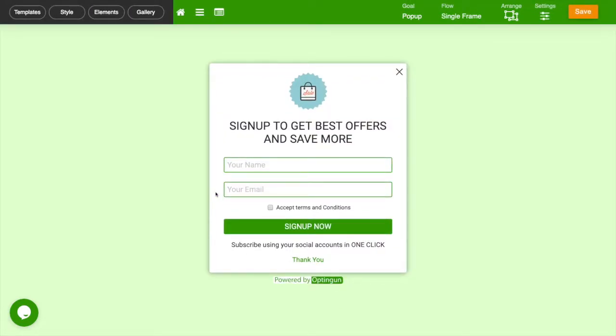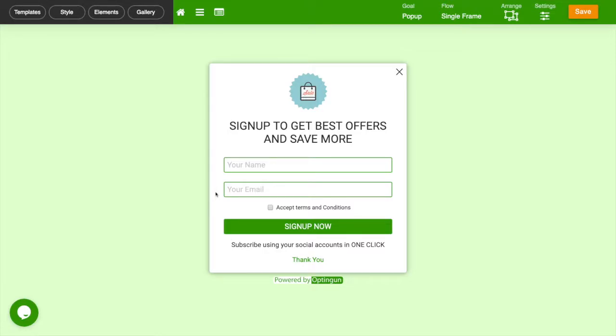Once you select a frame, it opens the form editor. Here, you can customize the looks of the form. You can add or remove elements and also you can rearrange the element positions. We'll see in detail. On the editor, it will pre-select a template that's suitable for your selection in the previous